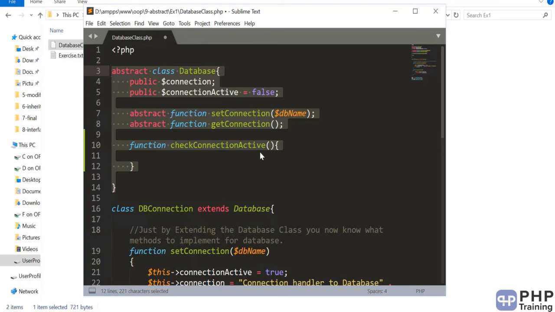Try to use this concept in your programming style as well. Try to create some abstract classes and reuse them for all your projects. This way you get to build up your own utility, your own standard, which you can replicate across all your projects. Okay, so that's all on this lecture on the exercise on creating a database class, and I'll see you in the next one.